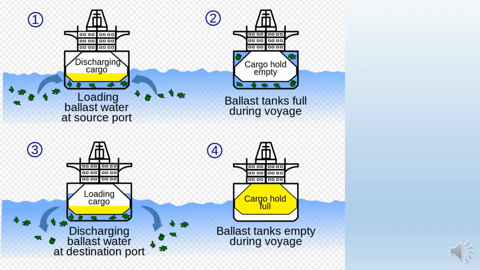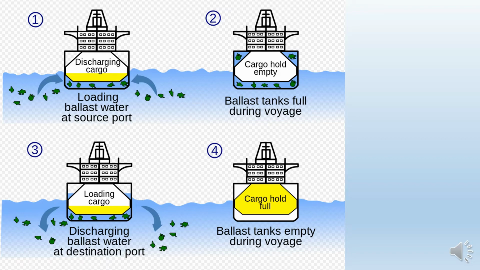And when the ship is in stage 3, the cargo ship has come to the second port where it will again be loaded with cargo. When the ship is being loaded with the new cargo, the water inside the ballast tanks or the hull portion has to be discharged again so that it will be more stable, because if that water is not removed, the ship will sink deeper and deeper, and that is not desirable.